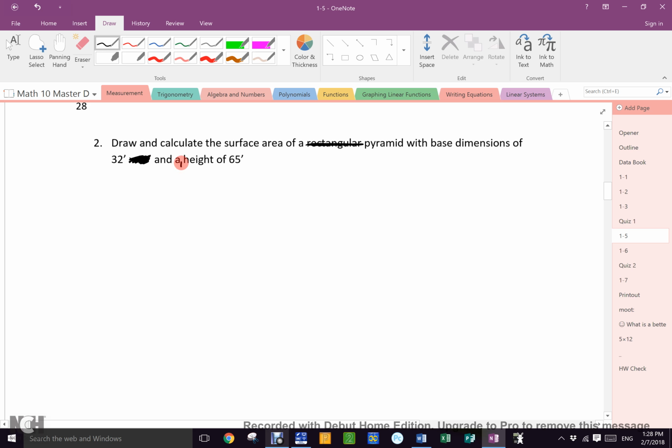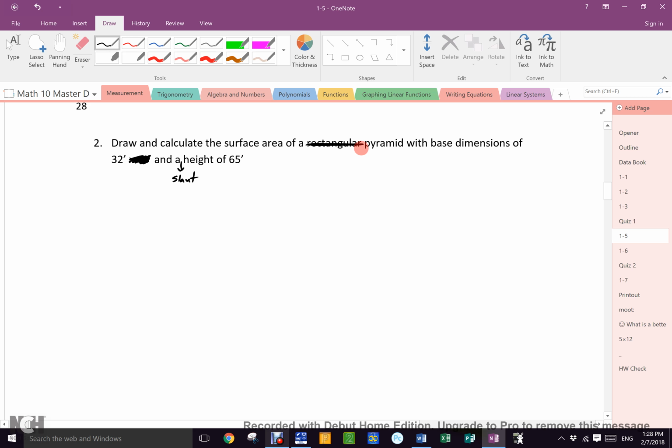And this is supposed to say slant height. Sorry about that. Now, some of those words there, even though you probably did some of this in grade 9, are probably a little bit fuzzy, so we're going to work with it here. So, if it's not a rectangle pyramid,